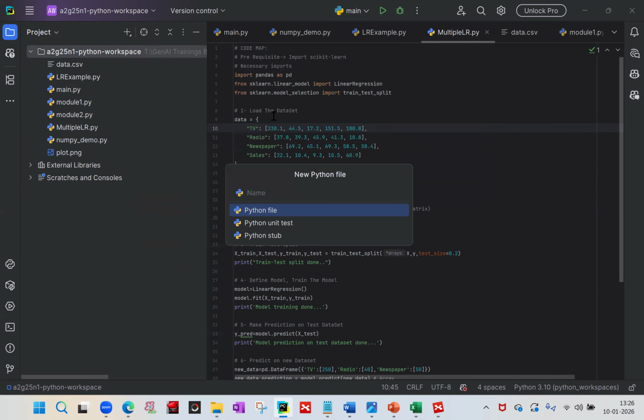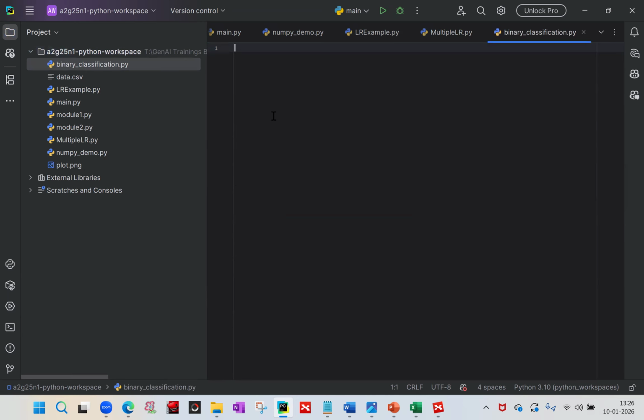We create a file, binary classification.py, and in binary classification.py, let's